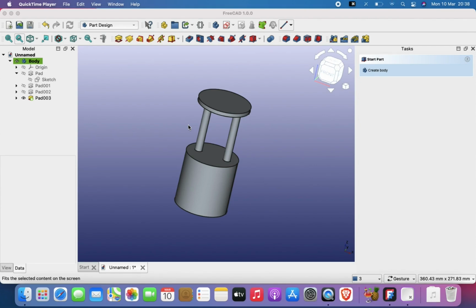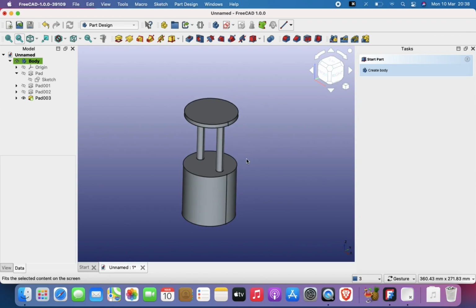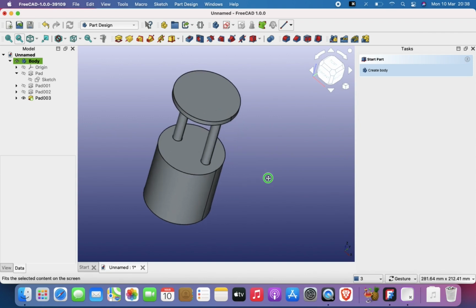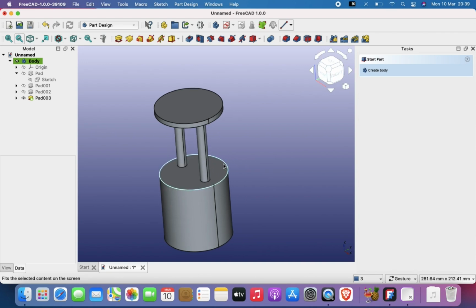Initially, when I thought about this video that you are about to watch right now, I wanted to combine pad operation, pocket operation, loft and revolve operation into a single video. But when I thought about it deeply, I realized that it's going to be quite tasking for you to follow a very long video to know how to do about 4 different things. So I decided to break this video down into about 3 videos that would be shorter, maybe like 10 to 15 minutes each, so that you can really understand the concept and practice as things go along, from simple to